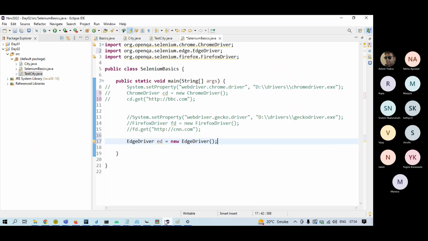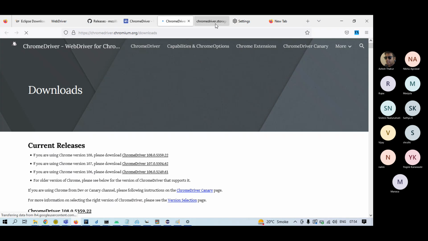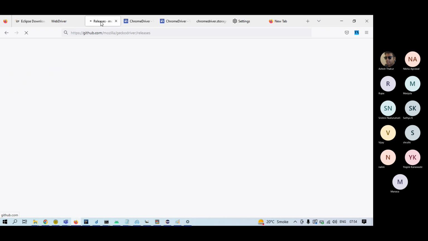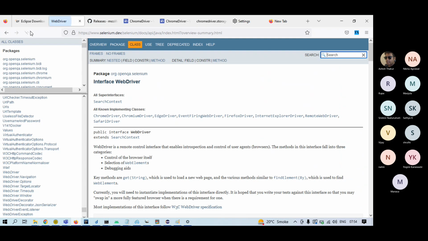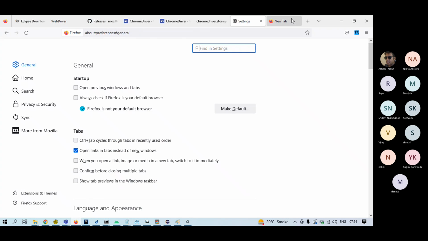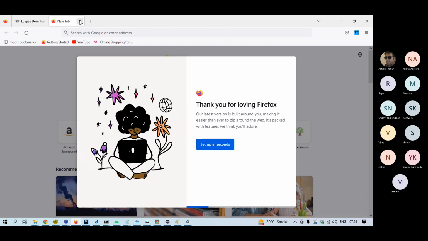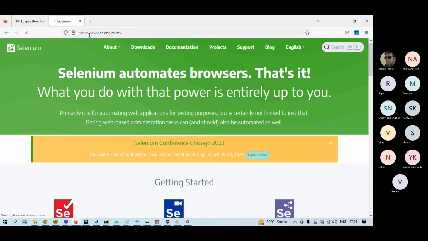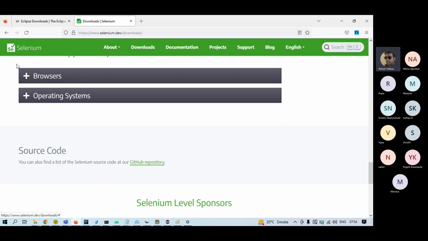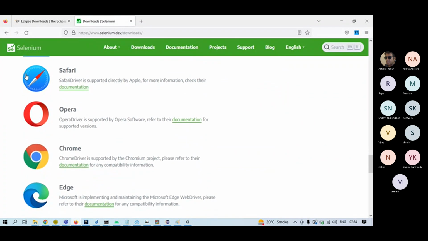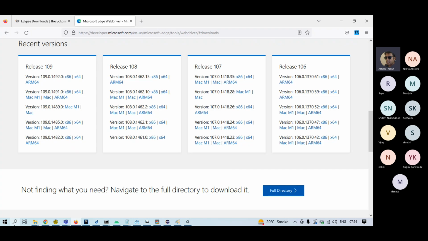And if you go to the Selenium site, you will see that in the releases section, that's the page, the downloads, and in the browsers section, you will see Edge, and you go to the documentation